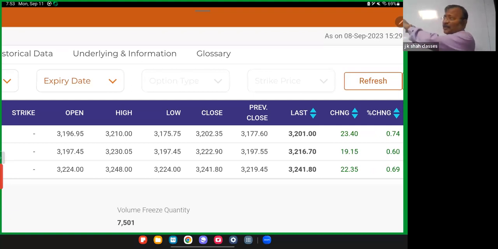Now, that means if you're trading in futures, do you need to know the volatility of the futures or do you need to know the volatility of the stock? You need to know the volatility of the stock. How volatile the stock is, or basically you would need to do some kind of study on the standard deviation of the stock. How volatile is that stock over a given time frame, right? And based on that you trade. Now the question is,